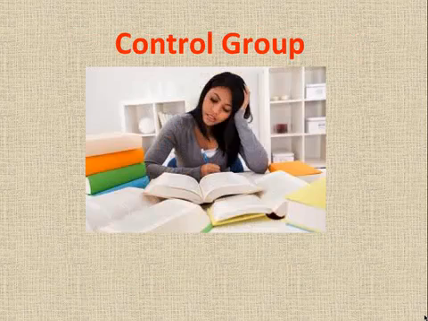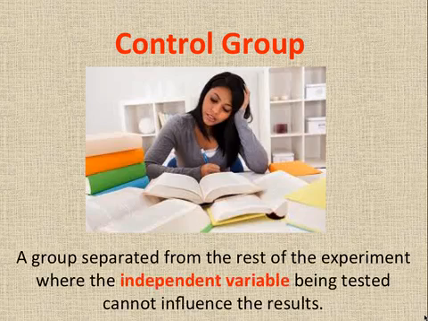So in this experiment, we need to have a control group. A control group is separated from the rest of the experiment, where the independent variable, in the case of our experiment, it would be the caffeine, is being tested, so that the independent variable cannot influence the results. Okay, so this isolates the independent variable's effect on the experiment, and it can help us rule out alternative explanations